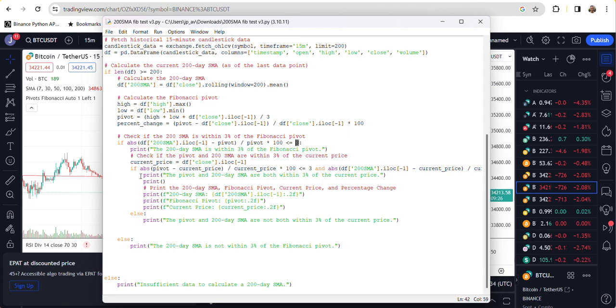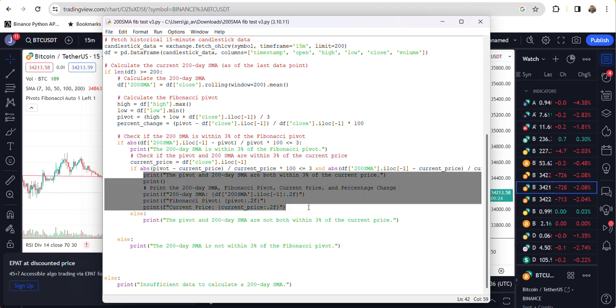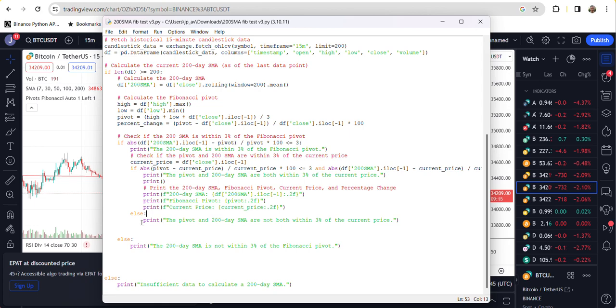If all of those conditions are correct, it will print out the data: the value of the 200-day SMA, the Fibonacci pivot, and the current price. If not, then it will just give us the message there, and depending on the system you were following, you may not bother to look into that coin if you were to trade it.